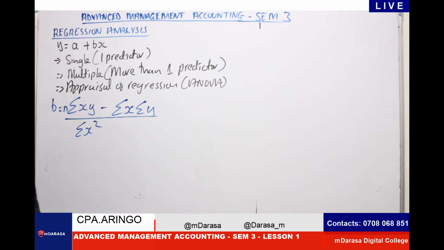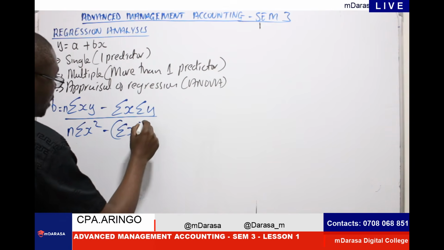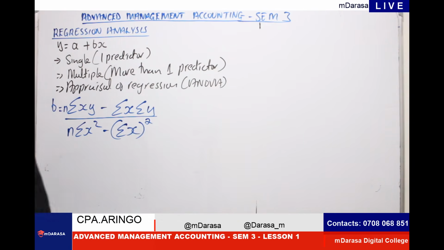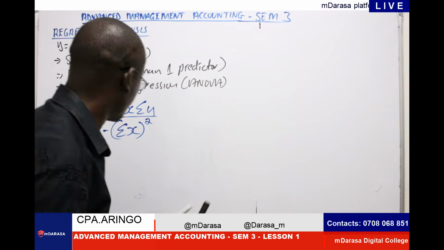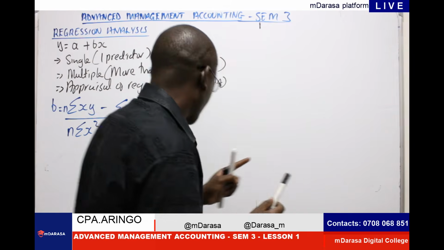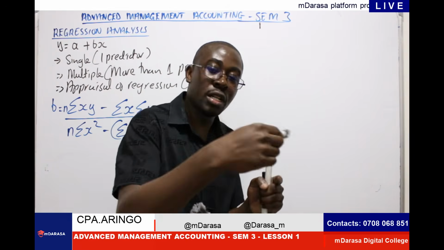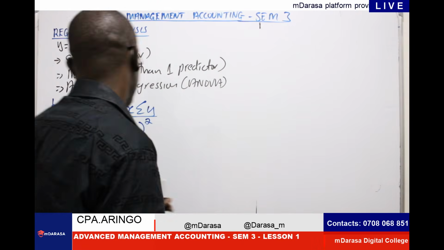So, believe that you're through with that, right? So you're looking at n times summation of x squared. Remember, in this case, n is the number of data values. You're going to less summation of x, then you square it. Get this difference. Here we are looking at summation of x squared, whereas on this other end, we're looking at summation of x, then we square.